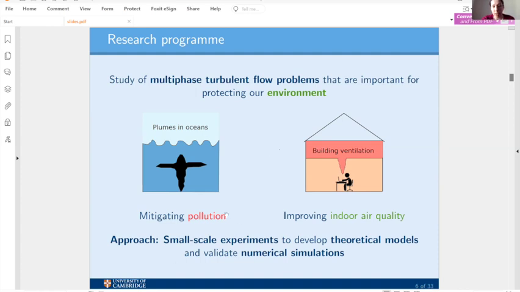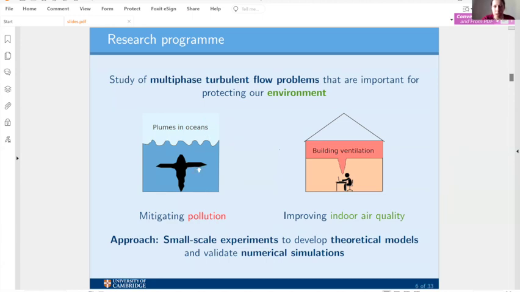And as I have already mentioned, in our research, we conduct small-scale experiments in the laboratory, and then we use the results from these experiments in order to develop theoretical models and also to validate numerical simulations. Now, let us start looking at each of these two areas separately, and I'm going to start with the plumes